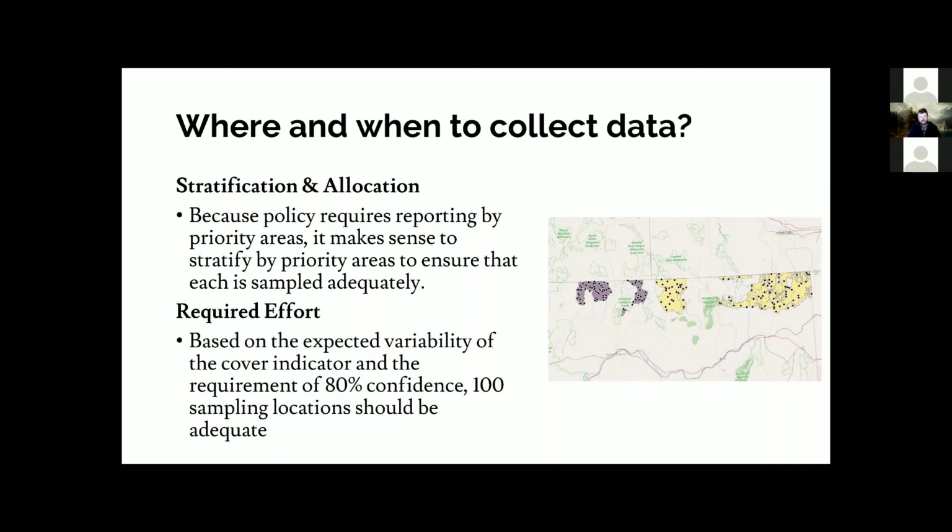And then finally, once we've made all of those decisions, we have to bring them together to think about, well, what's the variability of the methodology that I'm using? What's the variability of the landscape? How confident do I need to be in my answers, especially if we're doing statistical analyses? And all of that comes to how much funding do I have? What's my staffing situation? All of that comes together to decide how many sampling locations you're going to place and how many times you're going to revisit them, if at all.